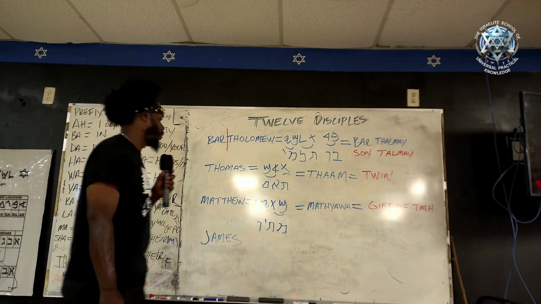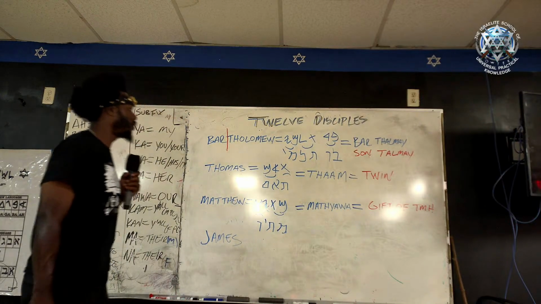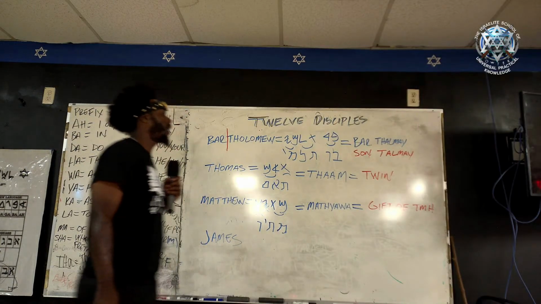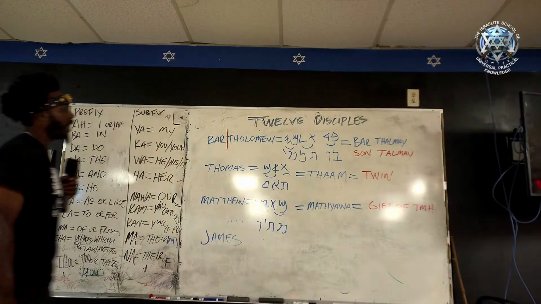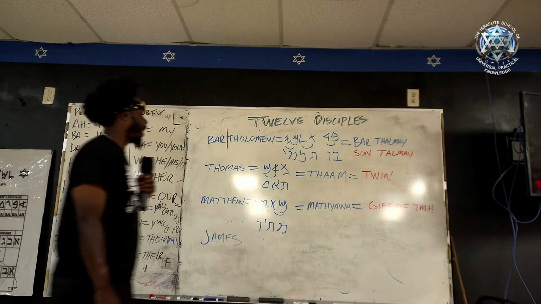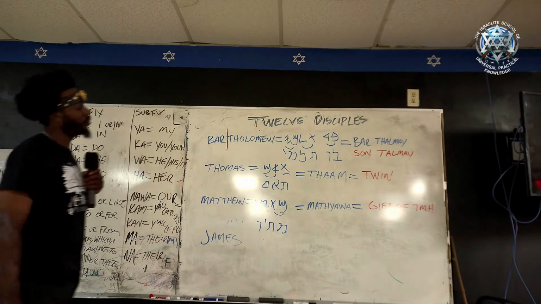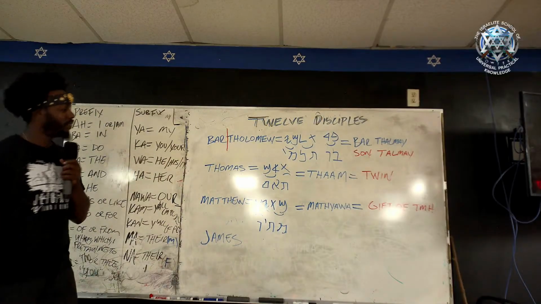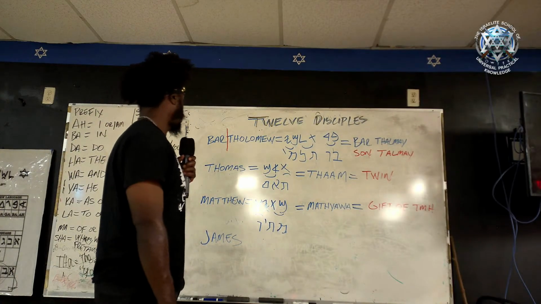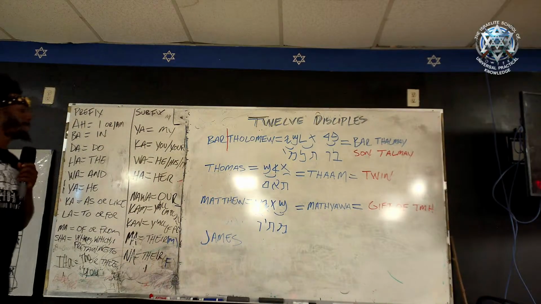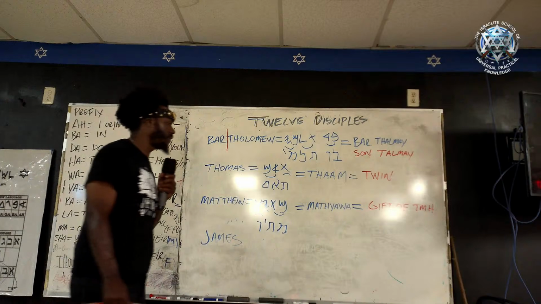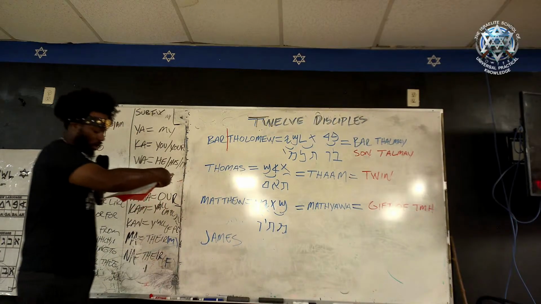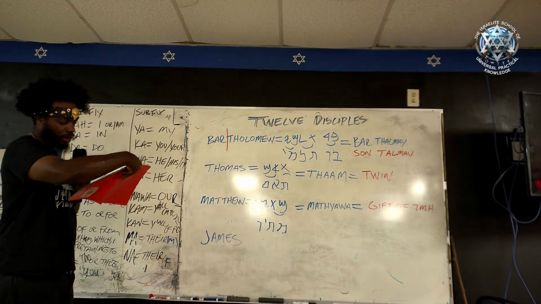Bartholomew, right? You have a new Hebrew word for son that you learned today, which is bar. Bartholomew in Hebrew is Bartholome, which is son of Ptolemy, right? Thomas, you know what I'm saying? Twin, as the young ones say, what up, twin? What's going on, twin? You feel me? And then you have Matthew, Mathua, right, which is gift of the Most High. And then you have James, all right, the brother of